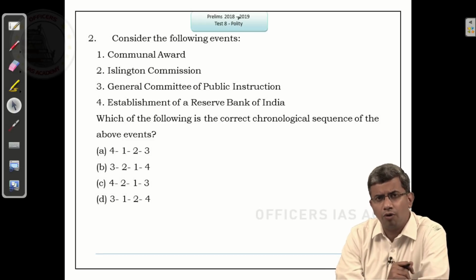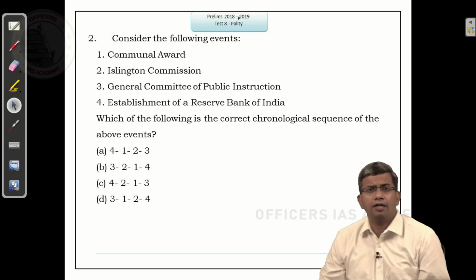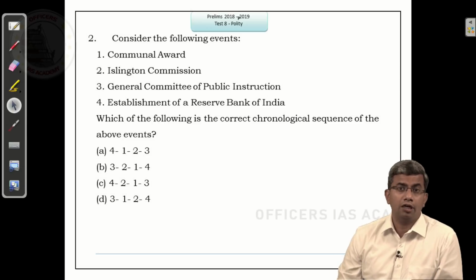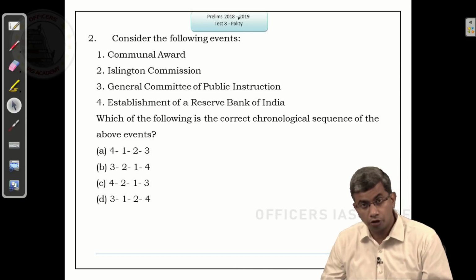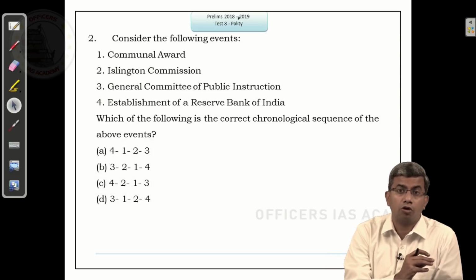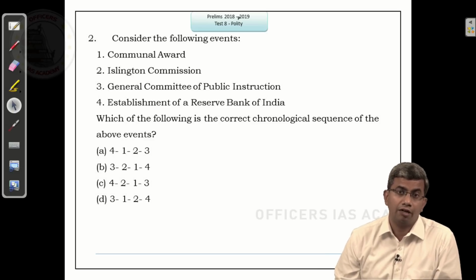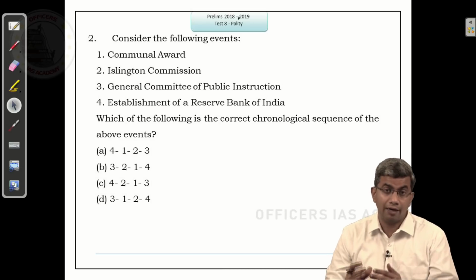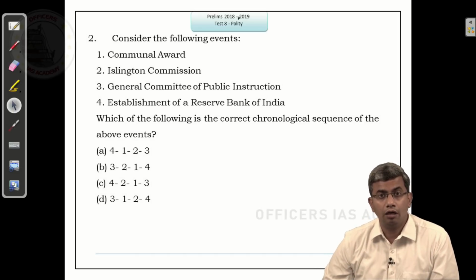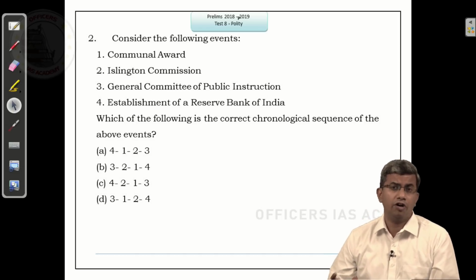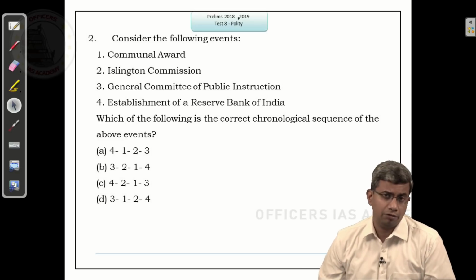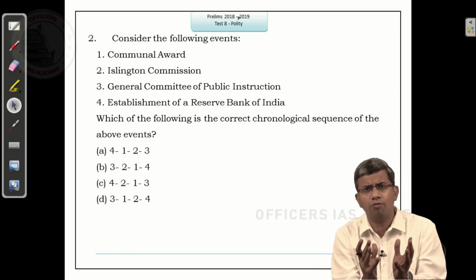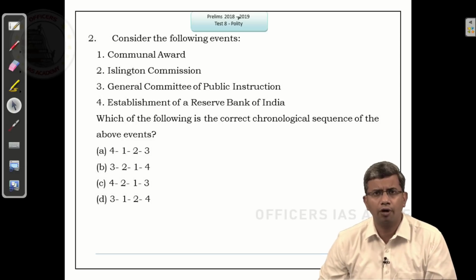And before that, Communal Award, we all know the famous Yerwada Jail hunger strike of Gandhiji. He went on a hunger strike for 12 days because Dr. Ambedkar and Gandhiji had a difference of opinion. Dr. Ambedkar was supporting the Communal Award, which was giving a separate electorate to the depressed classes, but Gandhiji felt that it will alienate the Harijans from the Hindu fold. So he was not agreeable to that, and that led to the hunger strike in the Yerwada jail in Pune for 11 or 12 days, and finally on the 12th day the Pune Pact was agreed between Dr. Ambedkar and Gandhiji. So we know that it is 1932. Anyone who studied modern Indian history will know that Communal Award and Pune Pact was 1932.